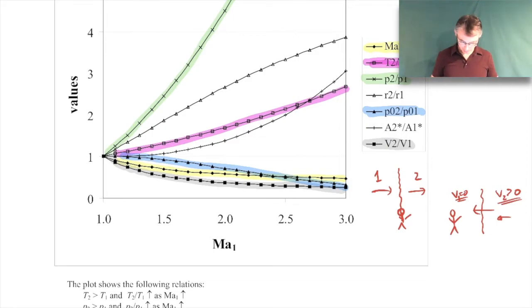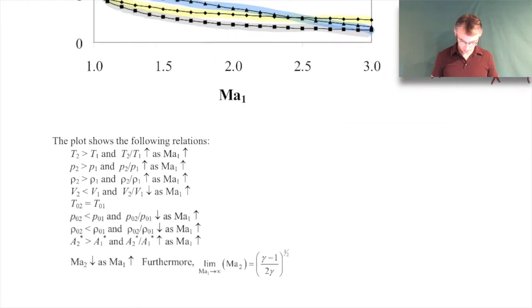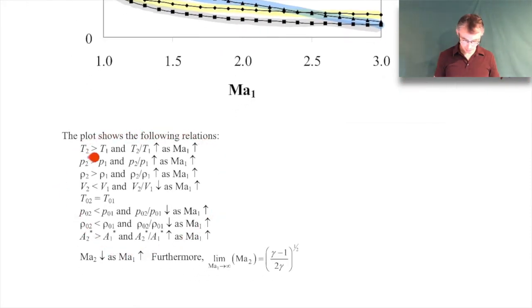So I've tried to summarize these various things just down here. So showing that the temperature increases across the shock and that temperature ratio increases as the Mach number increases and so on and so forth. So I've tried to show all those things here. You don't need to worry about this limit. By the way,